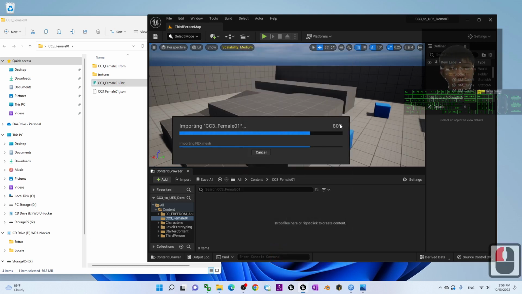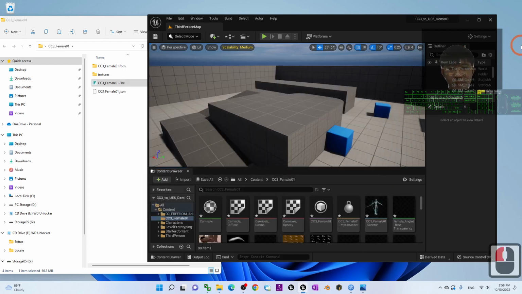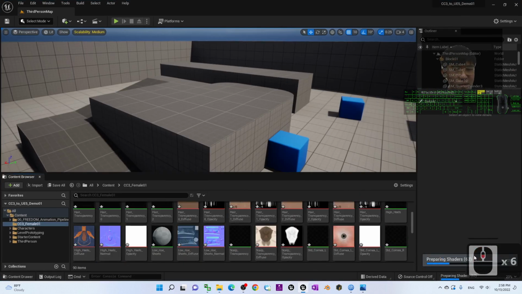And here we have to wait for a while until it's successfully imported into the Unreal Engine 5 game project. Just wait for a while. Now, done, successfully imported. Close this. And then, at this moment, you have to wait until it finishes preparing all the shaders. For now, you have to wait until it finishes preparing the shaders up to 100%